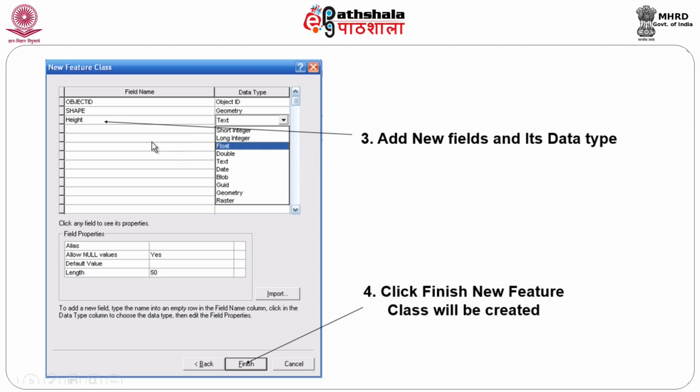So, add any number of fields, as many as you like. Here you can see a host of them are there. You can choose from the drop down the particular type of form. What is the data type? I mean, what is the value you want to give that particular ID? Invariably, IDs are whole numbers. Let's say number. It could be text type, it could be a whole number, or it could be a float data type.